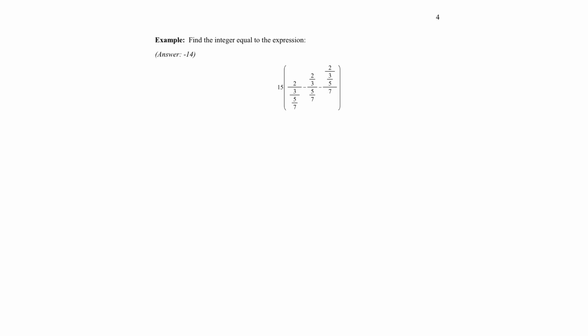In this example, we have 15 and then a big open bracket, and we have 3 terms inside of that bracket. So I'm going to try to deal with each of these terms nice and slowly. There's multiple layers of fractions, so let's try to unwind this step by step, nice and slowly. So we have 15 and then big open bracket, big close bracket, and we'll deal with each of these terms